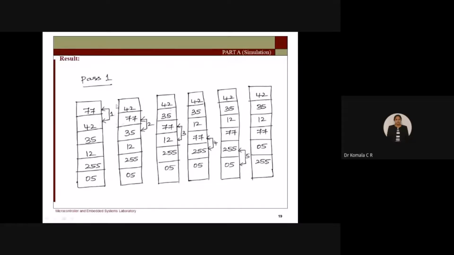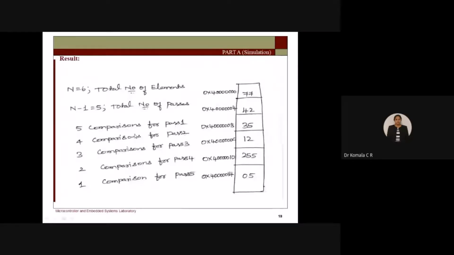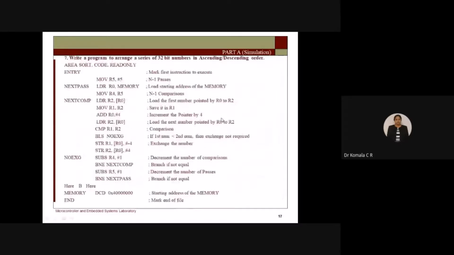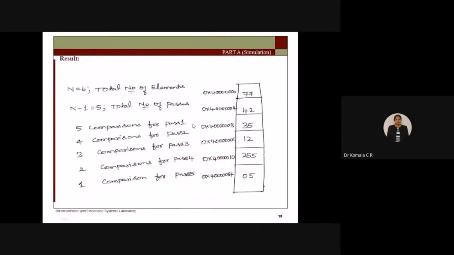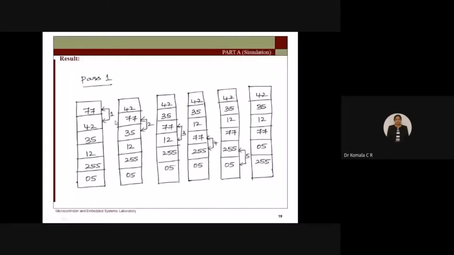So I need to go back. Now I am in the 0 location, and again I have to come to the fourth location. So after I store R2 as the content of R0, I will increase the pointer by 4. R0 is pointing to location 0, where I have already stored 42 in the first cell. Before I go to the next step, I am going to increase the pointer value by 4. So +4 means the pointer will now come to location 4. Now R0 is pointing to the second cell, ready for the next comparison, where you are supposed to compare 77.